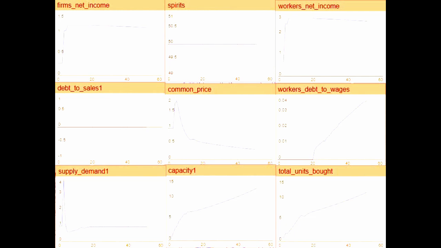grows, and it grows very slowly. This is because there is some investment being made, and therefore capacity does slowly increase, and that allows the economy as a whole, the GDP, to grow. But essentially, it's a very small amount of growth. We don't get any of the fluctuations that we're interested in. Cast your mind back to the aims. We're interested in periods of growth which cause the seeds of their own destruction in subsequent recessions. We don't see that in this constant spirits of 50 model.